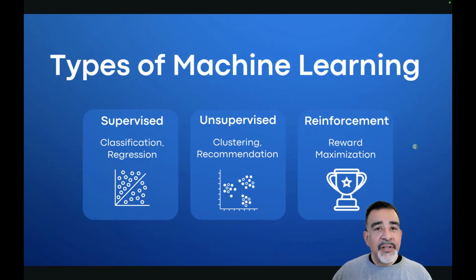And within machine learning, there's different types of machine learning. There's supervised learning, where humans label data so that a computer can classify different types of data. Unsupervised learning is actually where there is no human in the loop. There is no human labeling. The computer actually clusters data and categorizes it based upon that. Finally, reinforcement learning is where you provide a reward incentive to the computer and then reward it when it gets things right.